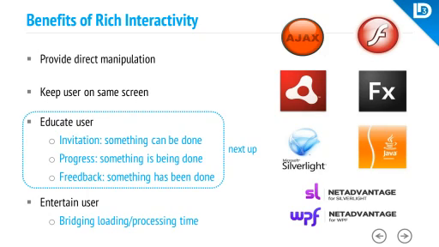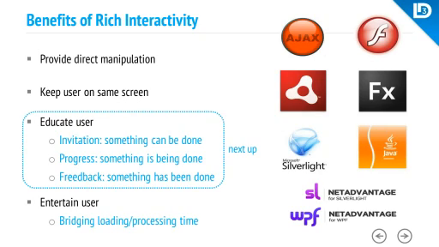Every action the user does on the UI should result in feedback. That feedback can be subtle and nuanced, or it could be bold and strong, but you want to provide feedback. All these three things help to educate the user, and not in a condescending way, that, oh, we need to educate the user because he's dumb. No, it's educating the user in the sense that we try to make things transparent.